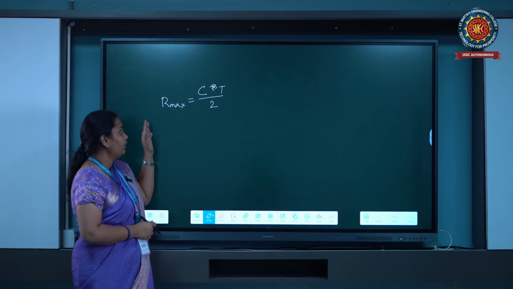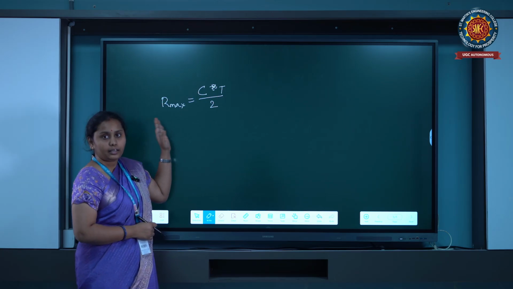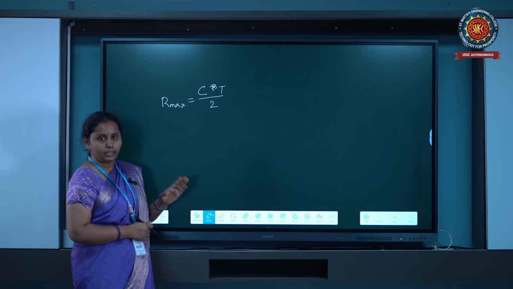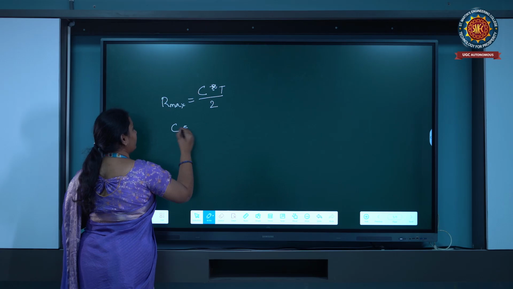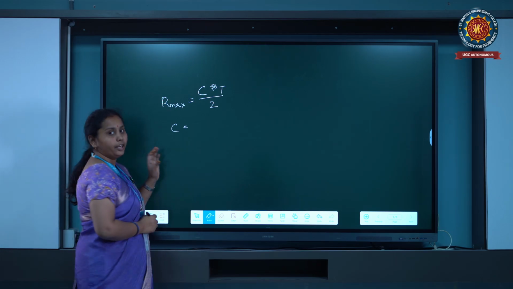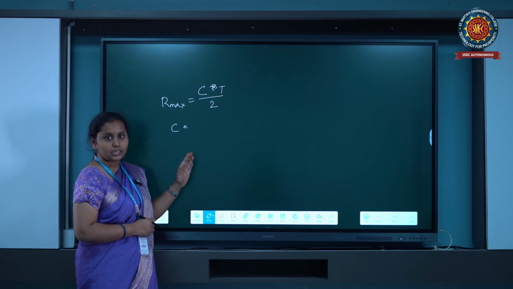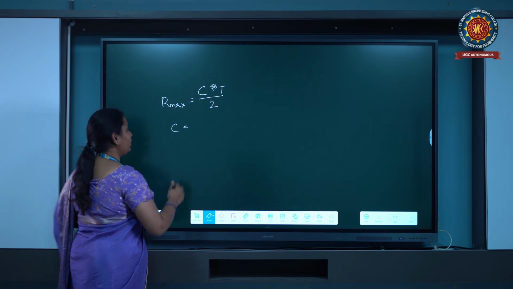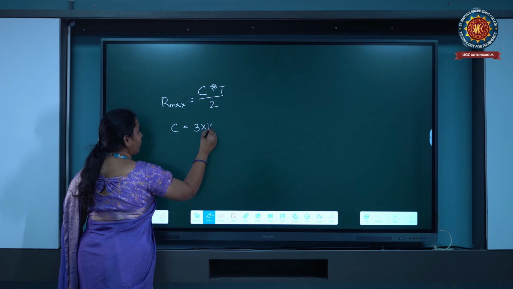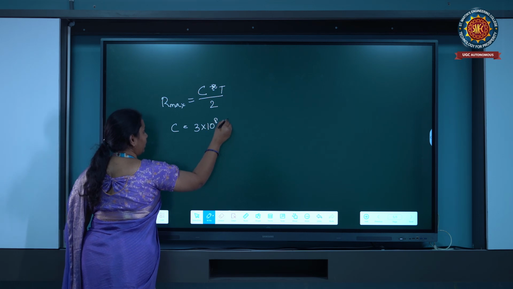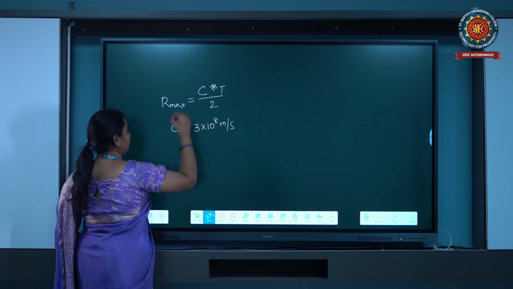That means till where the radar can send the signals without any ambiguity. So here C means the speed of light. The radio waves will travel with the speed of light. So C is 3 into 10 to the power of 8 meters per second.